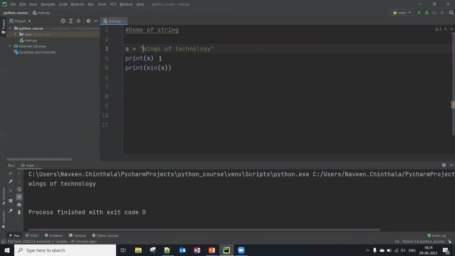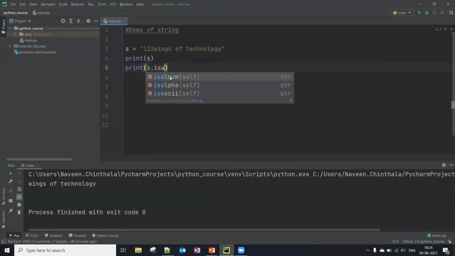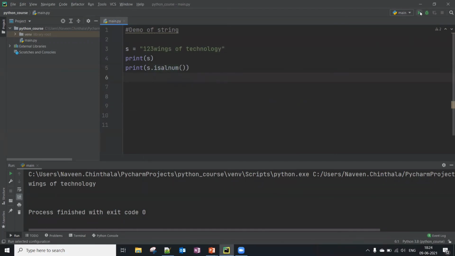If I give something like 1 2 3, and this is alphanumeric, right, but not all numbers. So if I say s dot isalnum, obviously I don't have all numbers in the string, that's why it gave me false. If I say now only 1 2 3, it gave me true.